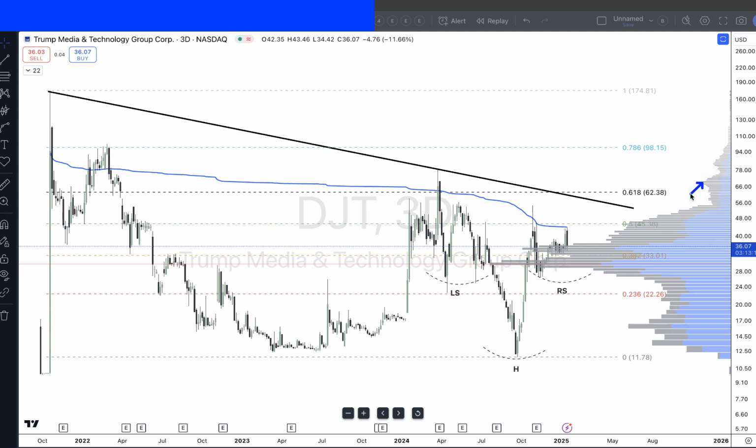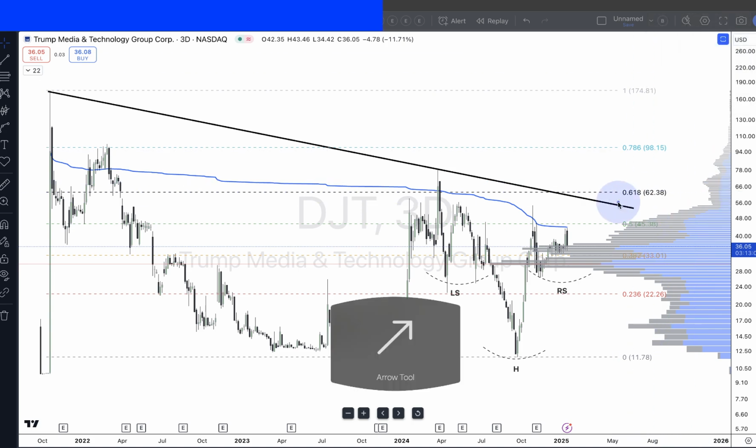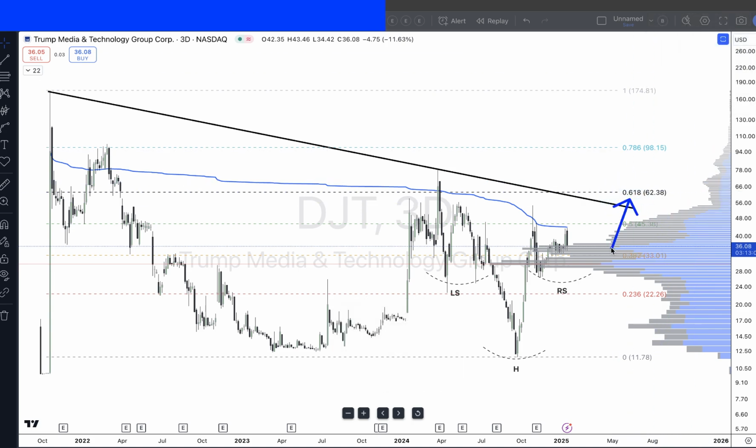Here's one right there, which is around $70, but I don't think that's going to create us any headache, because once we get to the golden zone, the 0.618, we're off to the races. And I'm going to do some price action where I think price is going to eventually end up here in a second. But yeah, I think once we get past this blue line, this anchor DWAP, that's low hurdle number 1 we've got to get over.